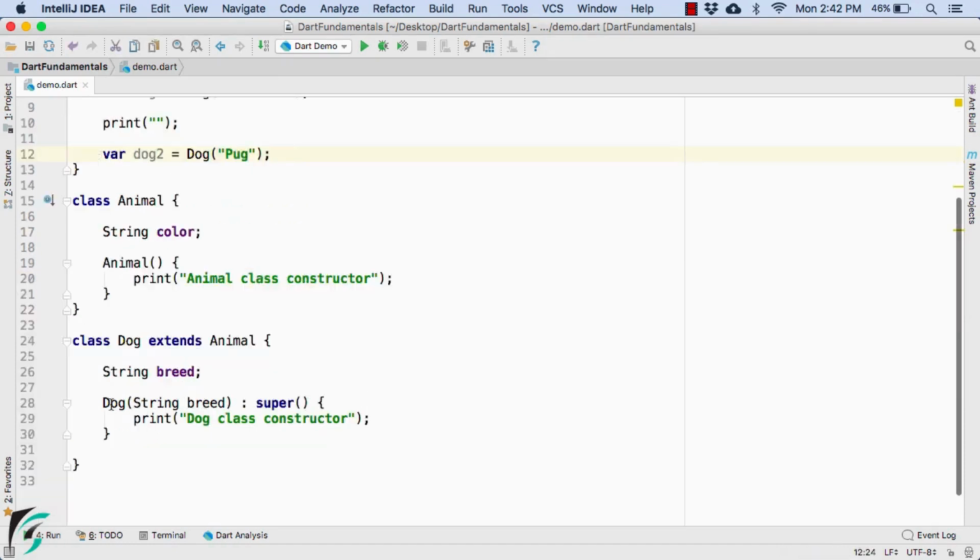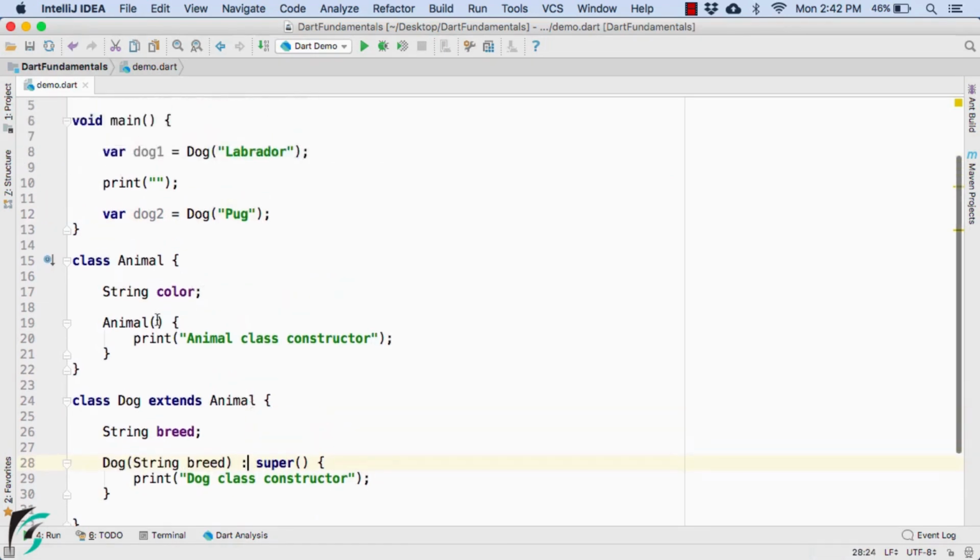Right now we have actually parameterized our child class constructor. What if we actually put some parameter here within the animal class constructor such as string color? So right now if you notice, as soon as I put the parameter here in case of animal constructor, here we are getting some error that we have to pass some parameter to the superclass constructor because right now our superclass constructor expects one parameter. So we have to pass something here. Let us give some default value as black like this, or let us experiment more.